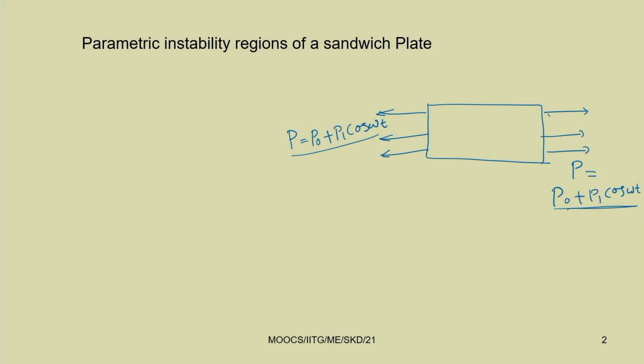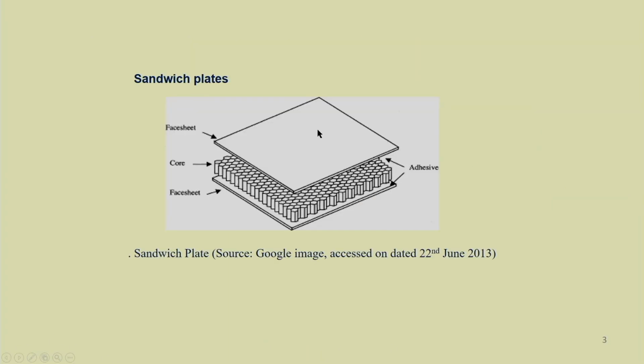Instead of having a single equation, we will now have multiple equations, and we have to solve these equations simultaneously to find the governing equation of motion, and we will use Su's method to find the instability region. So, this is a sandwich plate. A normal plate can also be used for this purpose, but here we are using a sandwich plate, which finds many applications, particularly in the space industry, in automobiles and in transportation engineering.